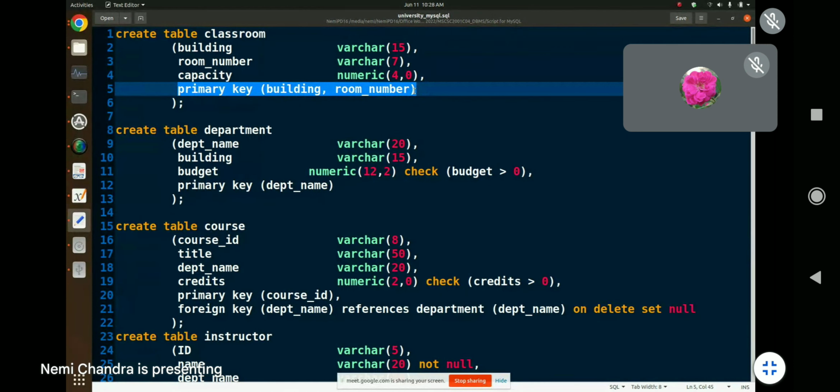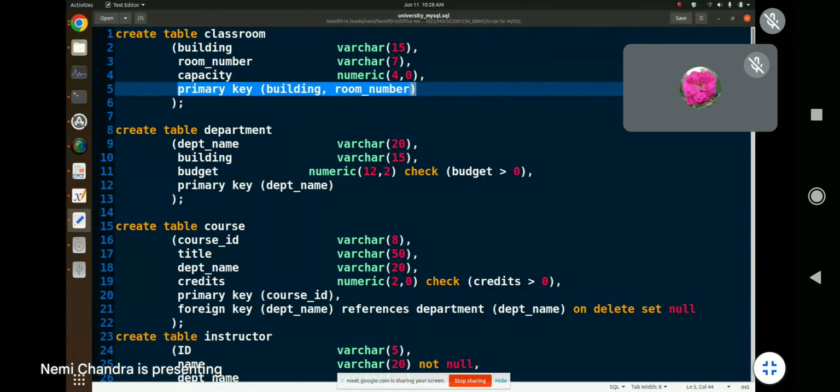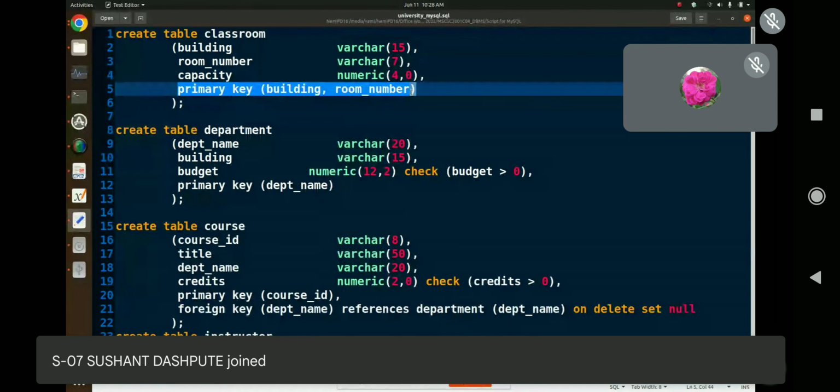Okay, so when you don't want to give a name to a key, you can define the key in this way. Now when you don't give a name to the key, MySQL automatically creates a name for the key that you have given. So every key is given a name. MySQL gives every key some name, especially for table constraints. Okay, and if you want to give a name of your choice, you can also do so with the help of the syntax